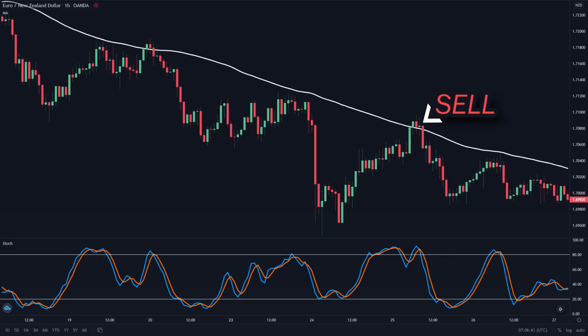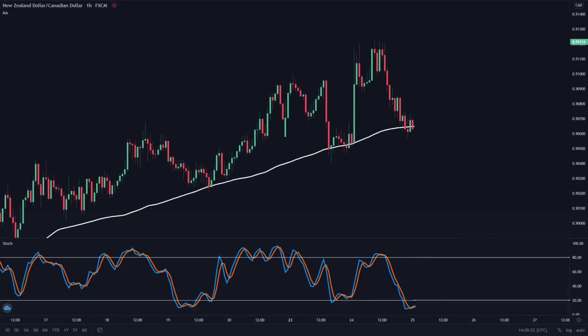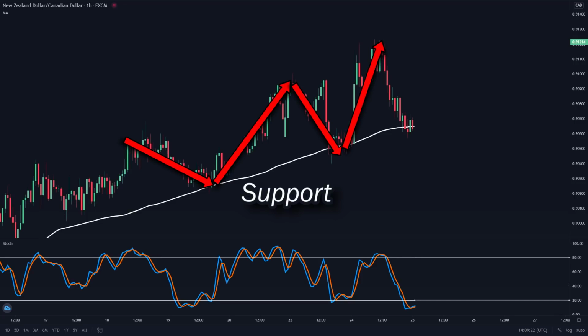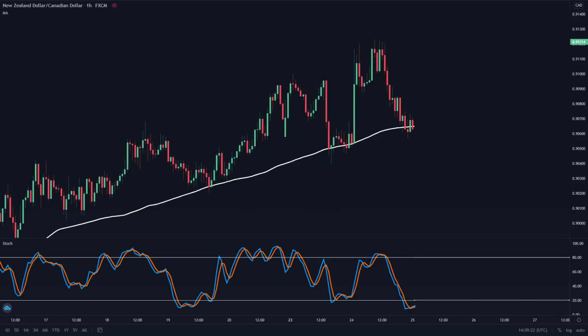Let's look at another example. In this chart, we can see that the moving average is acting as a support, as prices went down to this level, hit it and reversed upwards multiple times. And we also noticed that the same pattern has formed. Every time prices went down to the moving average while the stochastics is at oversold, the price tends to reverse